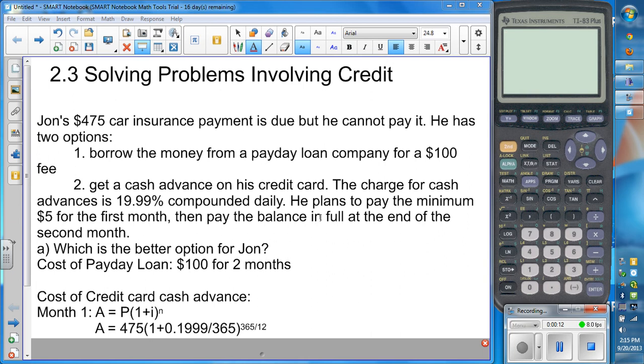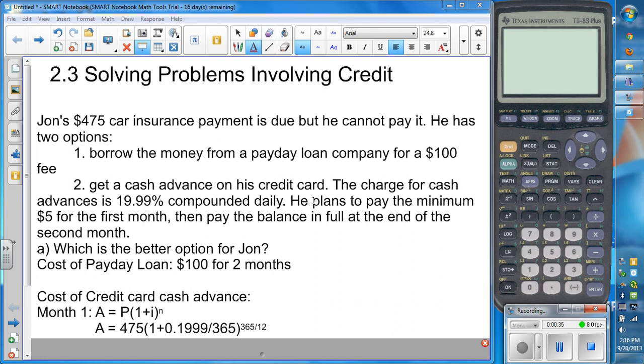John's $475 car insurance payment is due, but he can't pay it. He doesn't have the cash on hand. He has two options. He can either borrow the money from a payday loan company for a $100 fee, or he can get a cash advance on his credit card. The charge for cash advances is 19.99% compounded daily. He plans to pay the minimum $5 for the first month, then pay the balance in full at the end